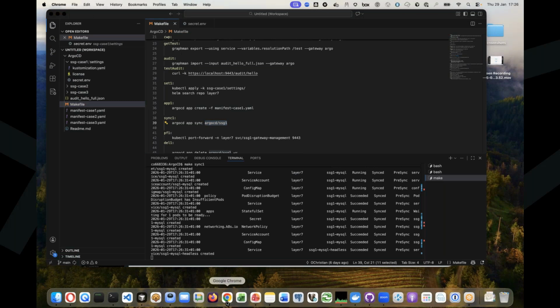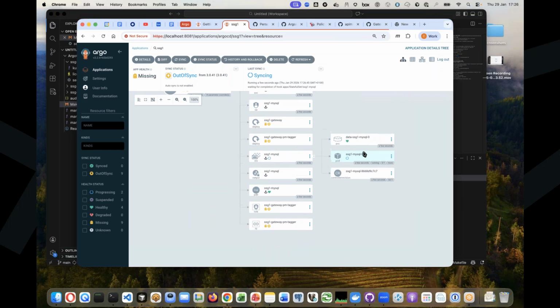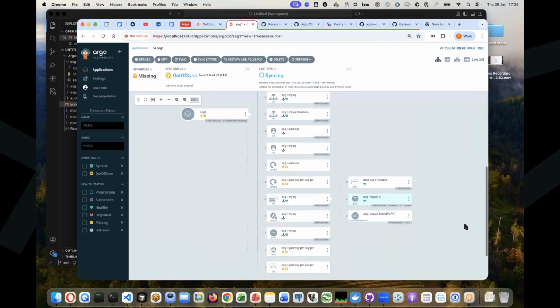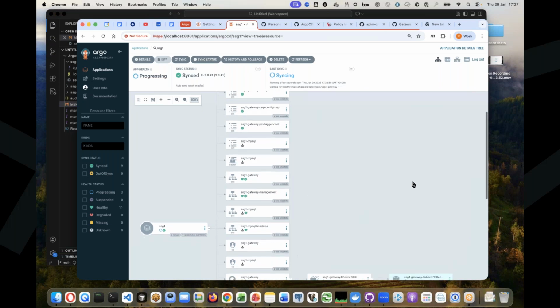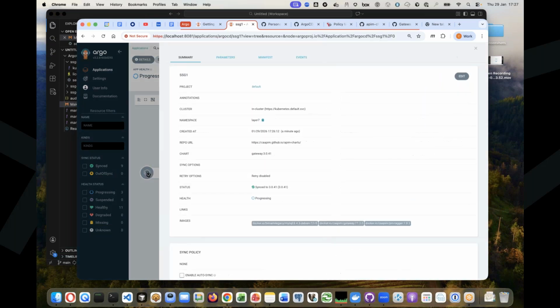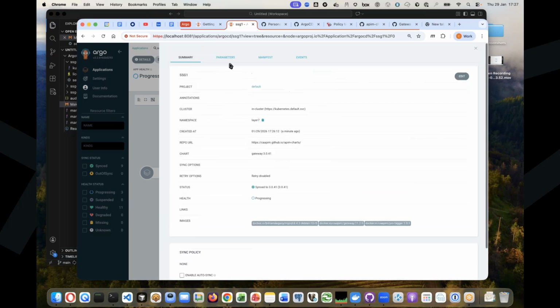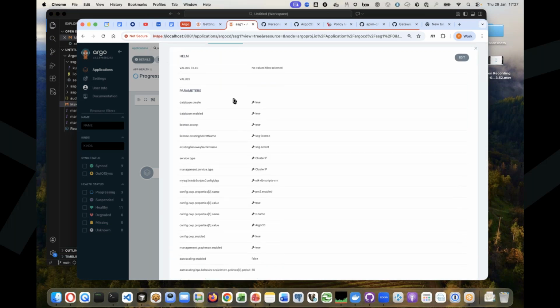If I now go back and click here, you see that my MySQL database is being created, and you will see how the application is progressively being created. So you have everything that unfolds here. And when I look at my application details, I have the cluster, so it's my local cluster. I have a lot of information, and I can also see here the parameters that I defined in my